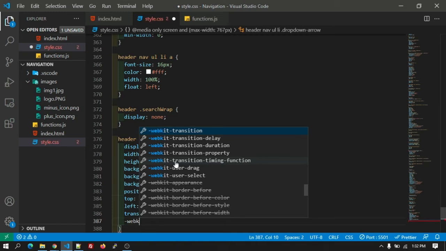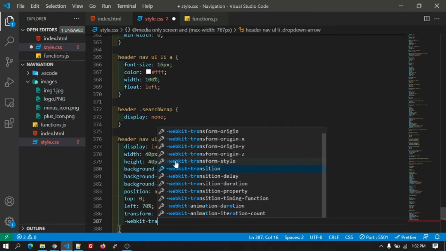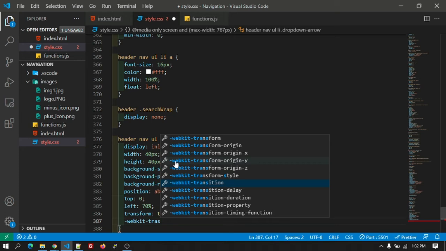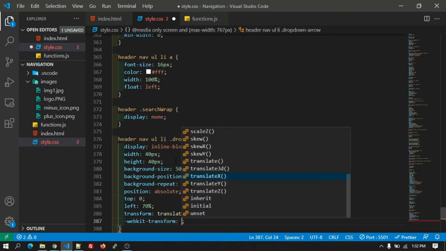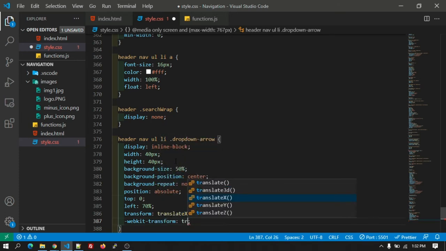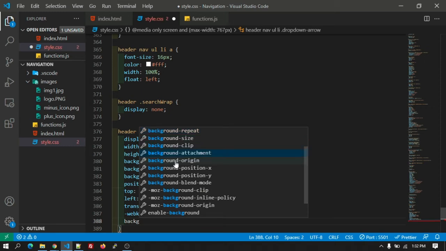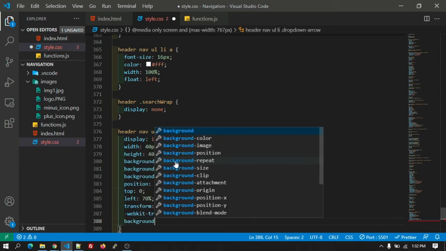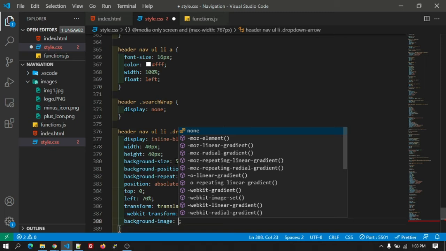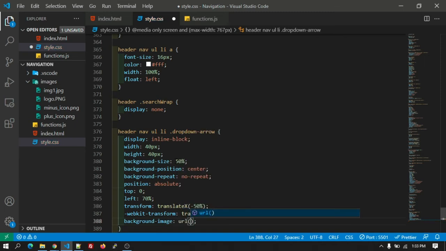WebKit transform translateX minus 50%. Background image URL, we are going to use images and the plus icon.